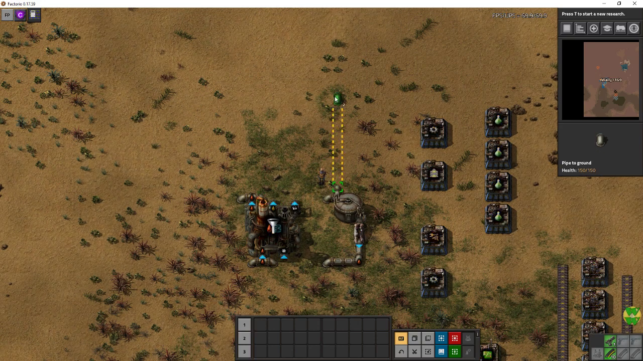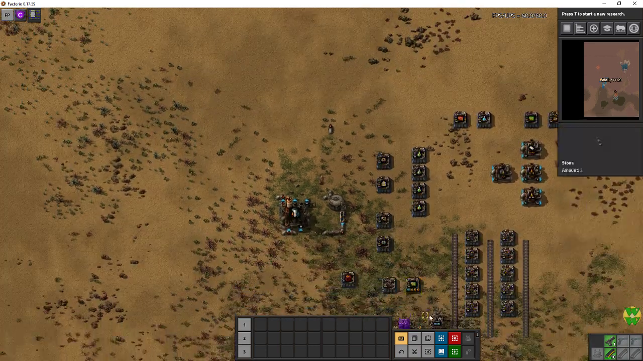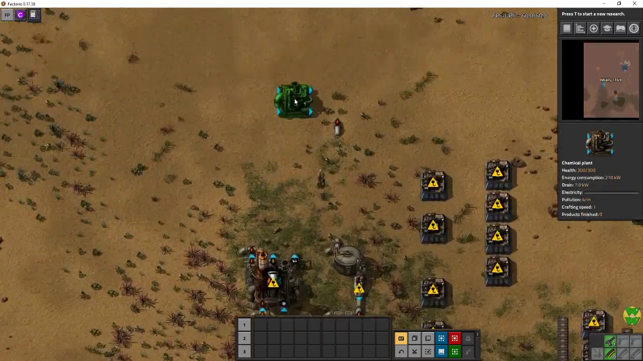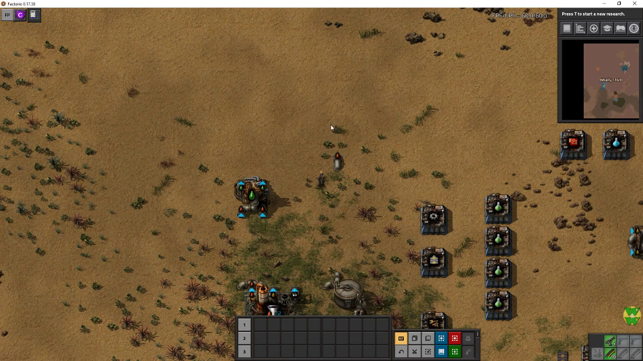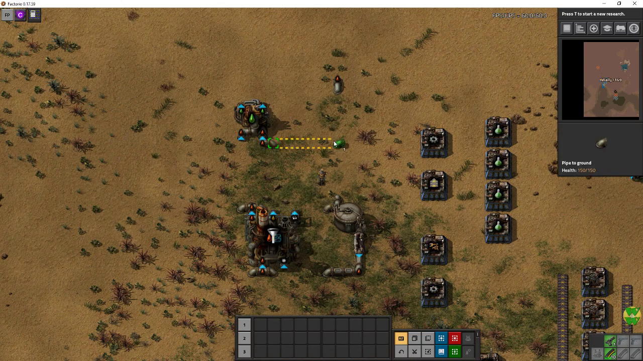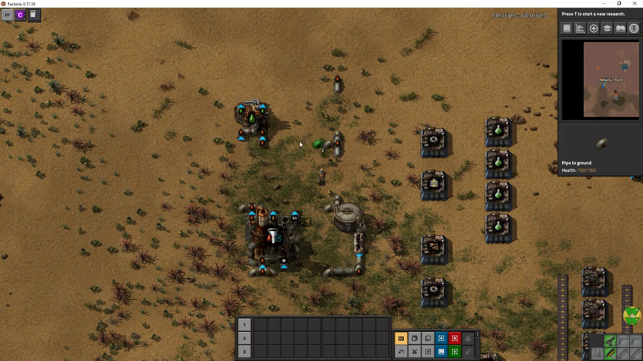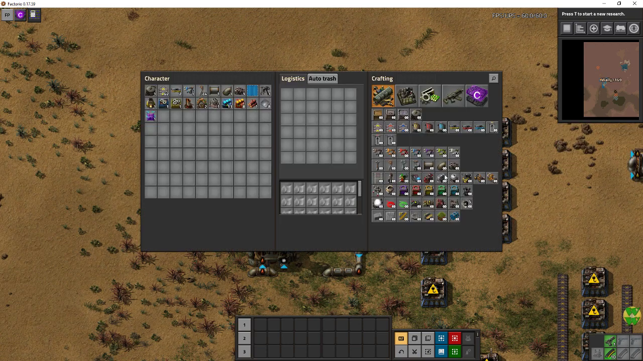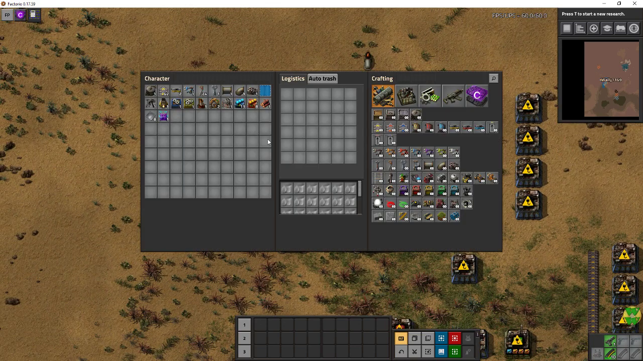Okay, so let's say you take your fluid bus like this, and let's say then you wanted to split off your chemical plant for making lubricant. You could split that off here, like this, but instead of connecting it directly, you'd want to connect a pump in here, like this, and then use circuit conditions, like with a big power pole,